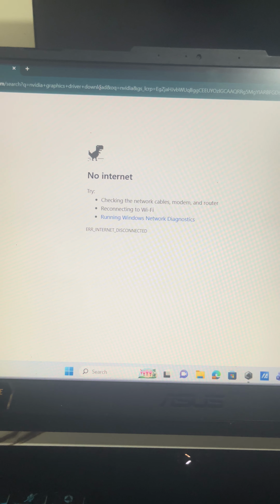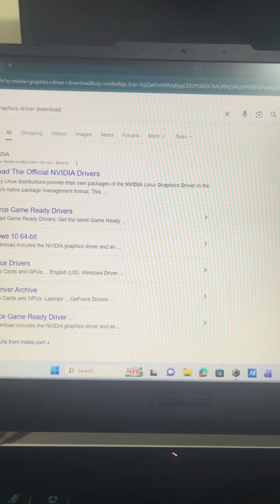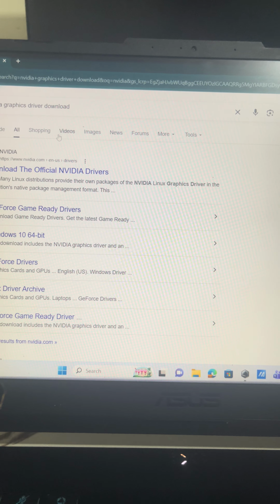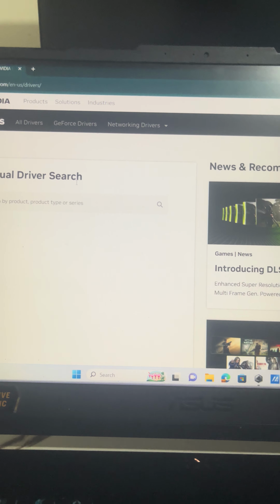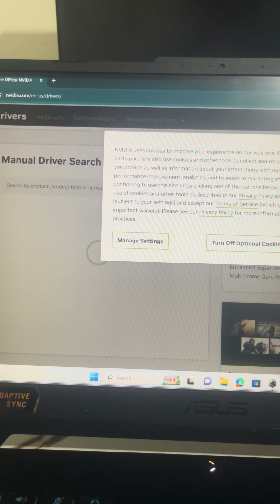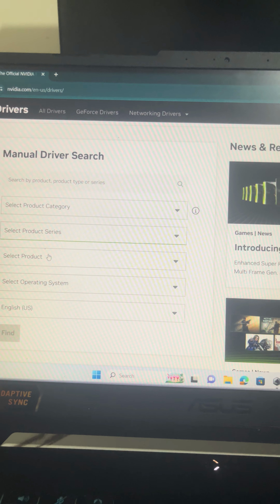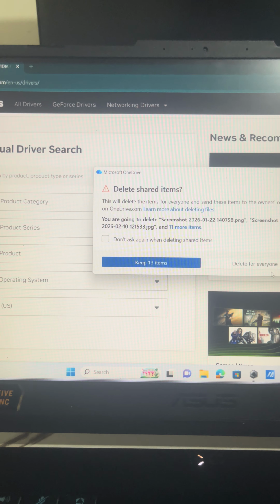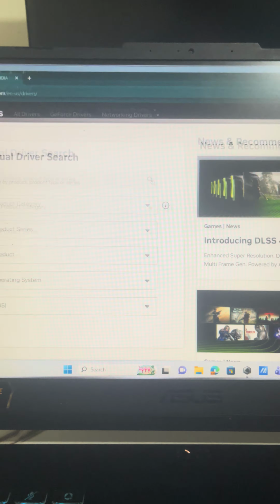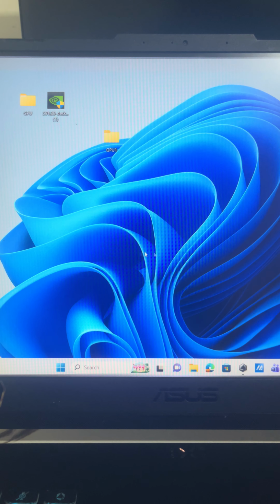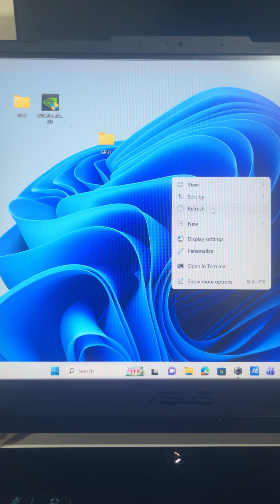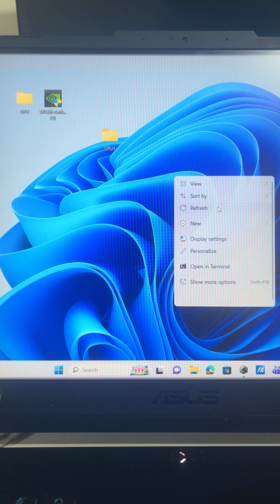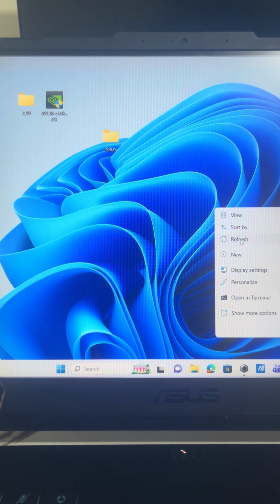Then you should download your compatible graphics in here. So depending on your product type, you should search in here and then download. So I think that's all. And then yeah, I think that's how I solved this problem of mine also.